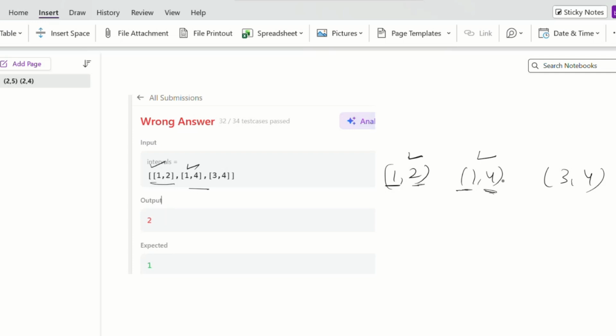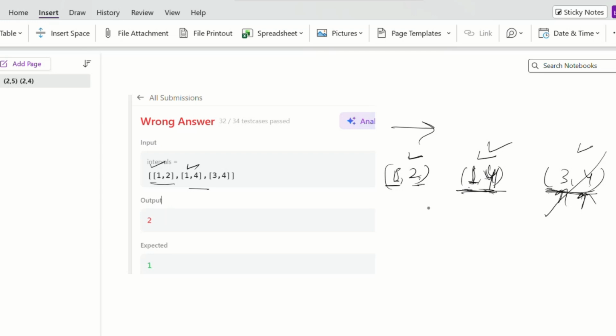But what will be the problem in this case? If I start traversing from left to right, then my first element will always be greater than or equal to this one, so we don't need to compare this. For the second, we want this 4 to be less than 2 so that this is fully covered, but this 4 is greater, so we can't do anything here. Then we compare these two. Now this 3 is already greater than this 1, so we look at this 4. This 4 is also less than or equal to this 4. So we can say that yes, this is fully covered by this.